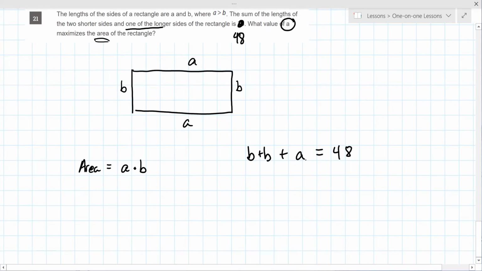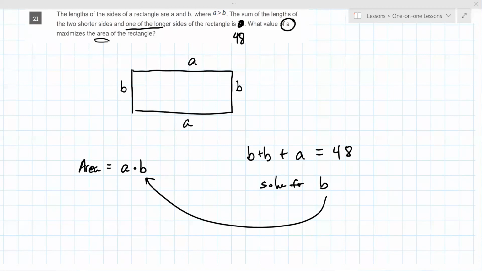Okay. And if you solve this for A and put this back in here, you're going to have your answer for B. That doesn't help you. I mean, it's an extra step. So if you can, you want to solve this for B, because then when you put it back into here, you only have A's. Right. Okay. So move the A over. Minus A. And then divide by 2. Divide by 2. So B is